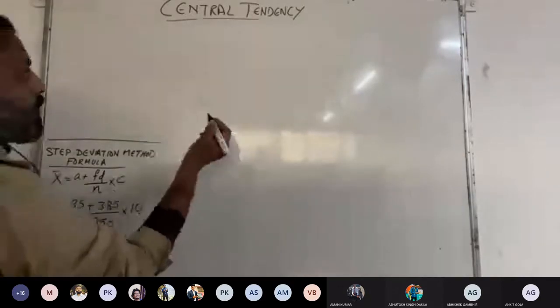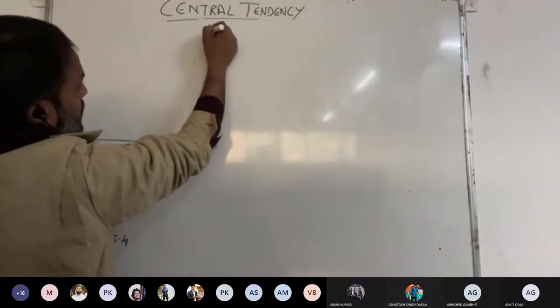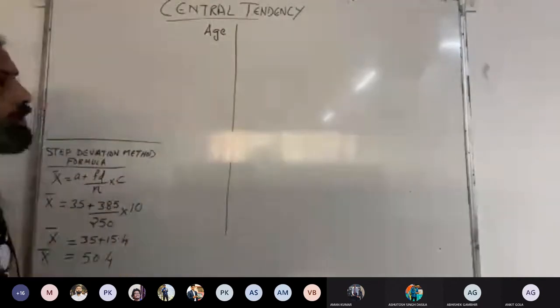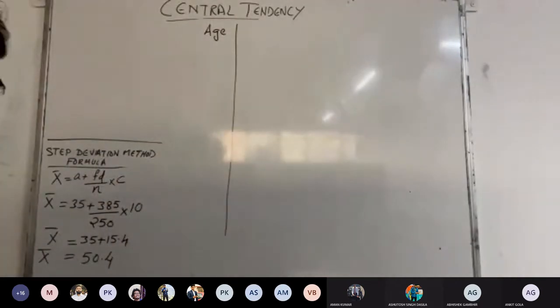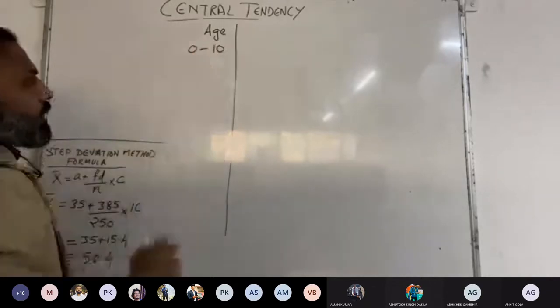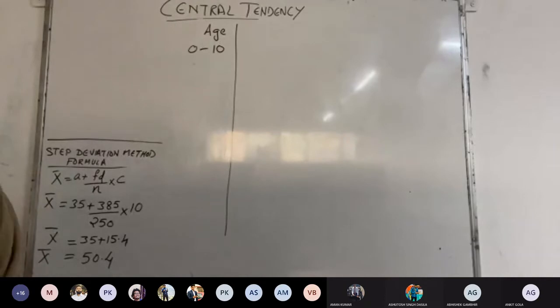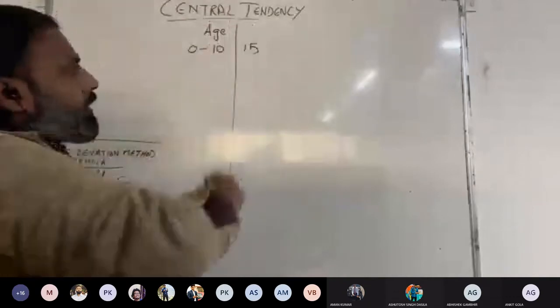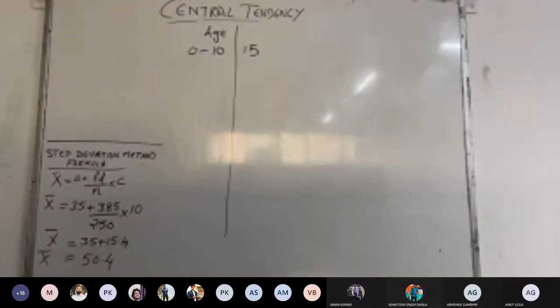Now, how does class interval data look? I'll try to make a small example. Let me start with age only. Later on, we'll come with a live example of the IPL itself. So, age: there is a set of athletes between the age group of 0 to 10, and there are 15 athletes. There are 53 athletes in the age group of